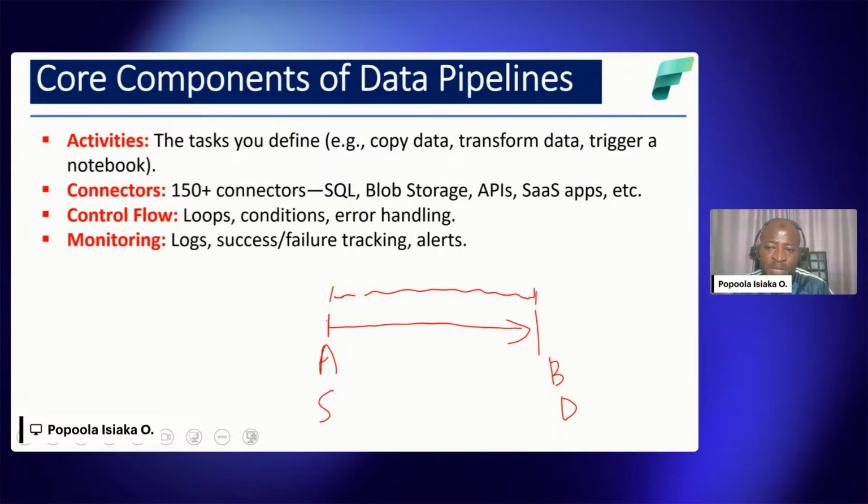Now we also have what we call connectors. How do we connect? Because we are talking about moving data from a source to a destination, there could be a lot of connectors that may be required. How do we connect to the source before we can move to the destination? It could be through SQL, it could be through blob storage, which is a Microsoft Azure platform. It could be that you want to make use of APIs or software as a service applications, as the case